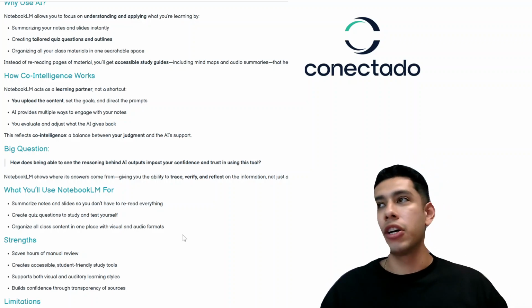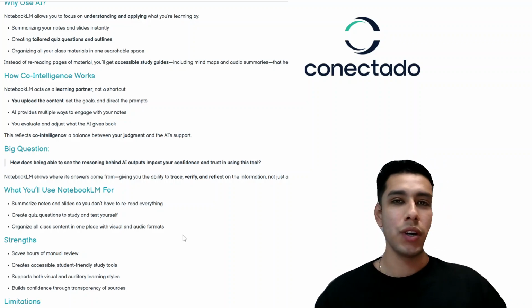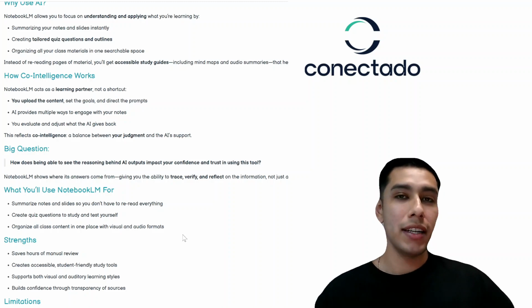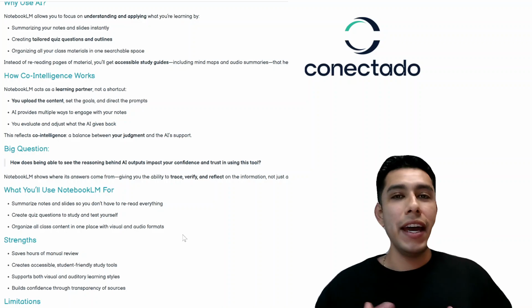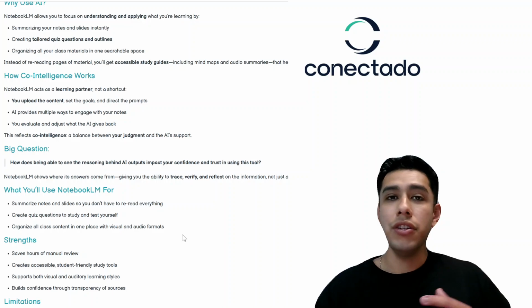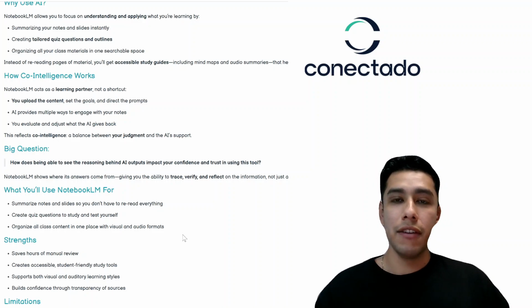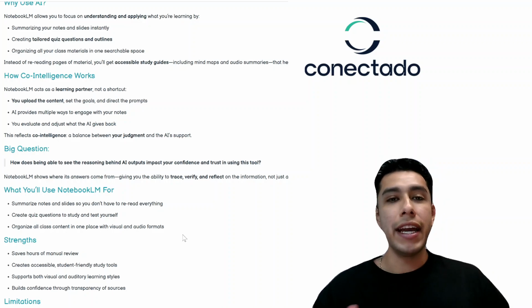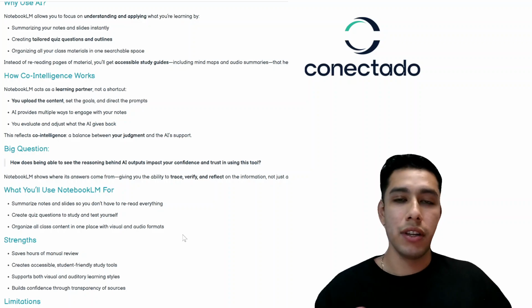Now, we talk a lot about co-intelligence and how this works in AI. Well, as it applies to NotebookLM, you can think of AI as a learning partner, not a shortcut. Although you do save time studying and formatting your notes, NotebookLM acts as a learning partner, right? So you're able to engage with the AI. And if you want it to test you on this knowledge that you're learning, you can simply prompt the AI